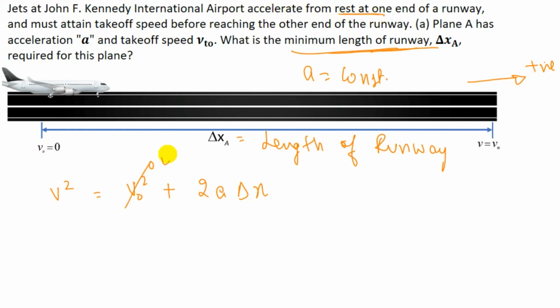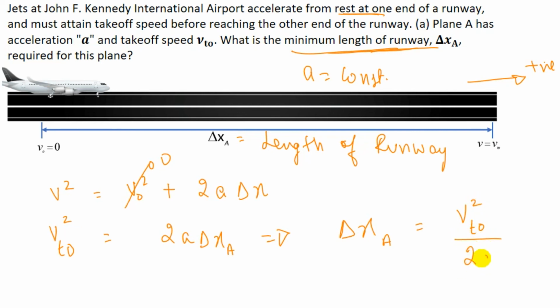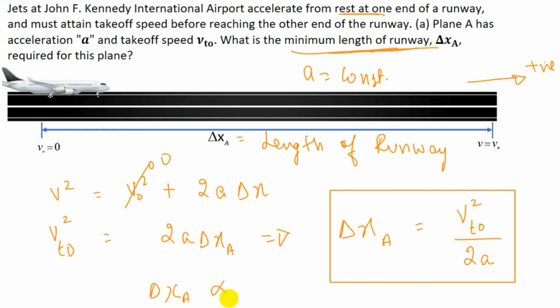So this term would be 0, and the final velocity becomes v takeoff, that is the takeoff velocity, and its square equals 2 times a times delta x, and in this case delta x would be delta xa. So from here, delta xa equals the takeoff speed squared divided by 2a. Therefore we can say that the length of the runway should be equal to this value. And here we observe that since acceleration is constant, delta xa is directly proportional to